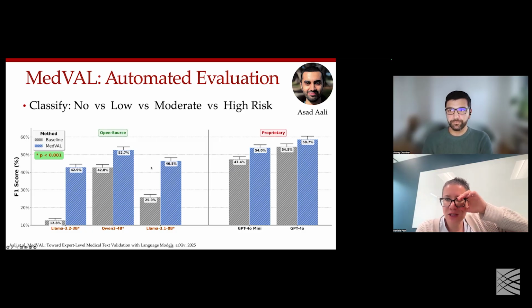I had a quick question. Please. For the summarizations, even the ones that humans do, that are high risk, can you give an example of what that looks like in practice?